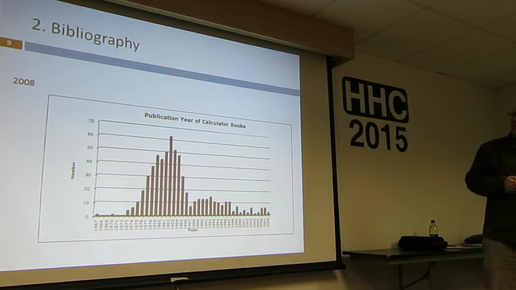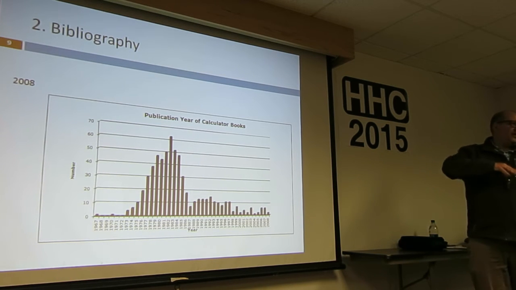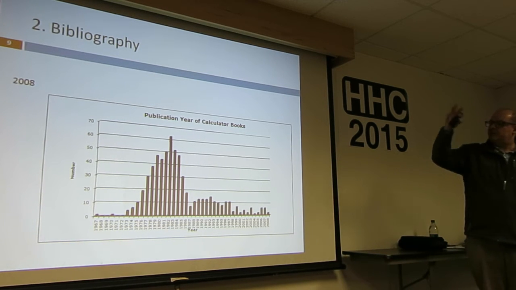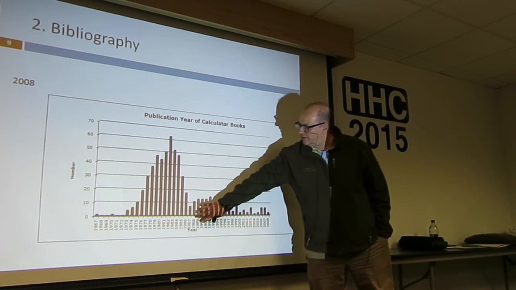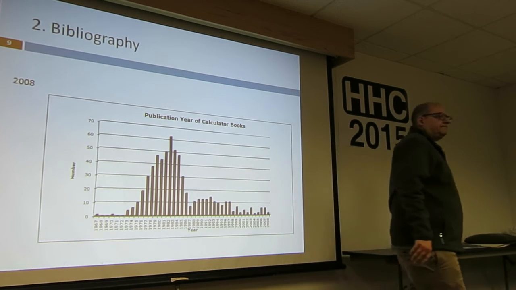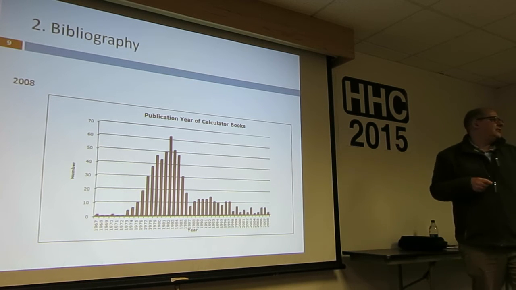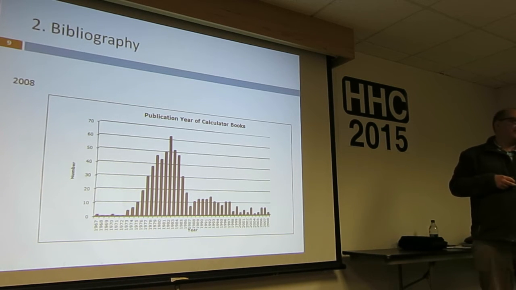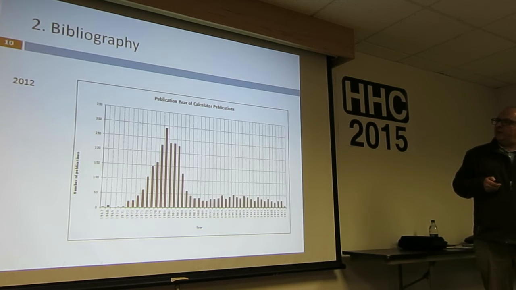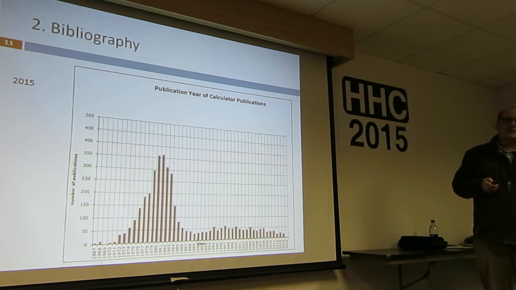This was the age of the 41, where the publications mushroomed, and then when PCs became really popular, here in this period, the whole thing levels off. These publications are now superseded by publications on how to do differential equations with Mathematica, MATLAB, or Maple or whatever. But over the years, I got more and more references. The shape of the curve didn't really change. So the maximum remained where it was, and the fat tail remained where it was.